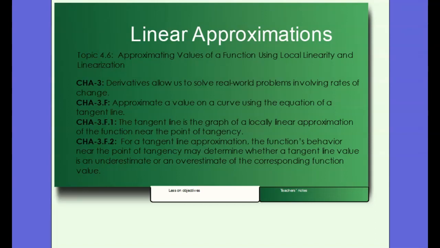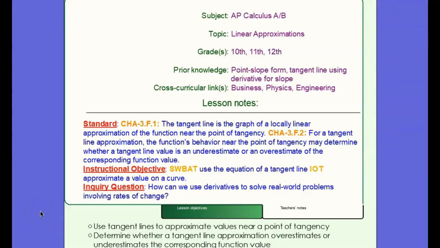Welcome to Lesson 4.5, Linear Approximations. This lesson covers Topic 4.6 from the 2019 course and exam description for AP Calculus AB, Approximating Values of a Function Using Local Linearity and Linearization. This lesson will cover standards CHA